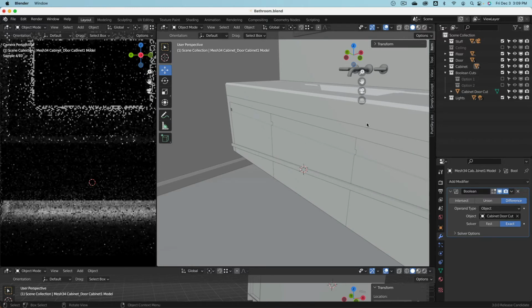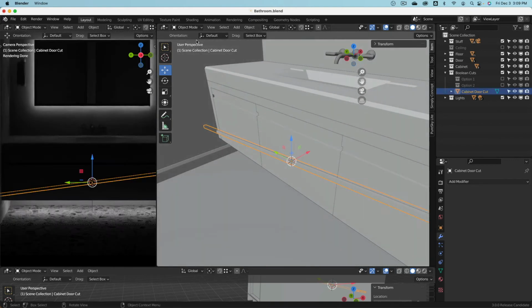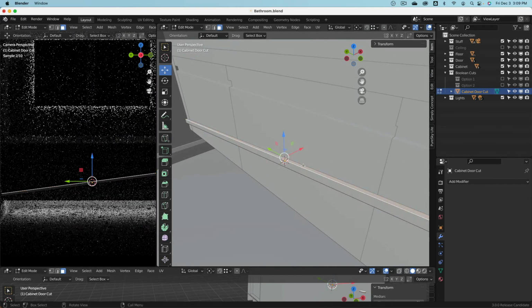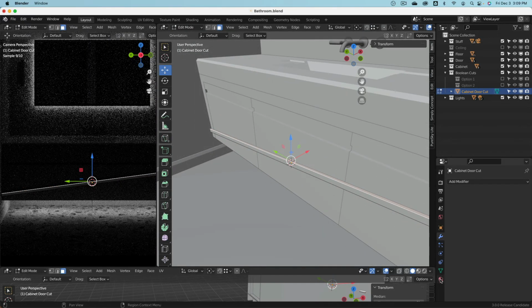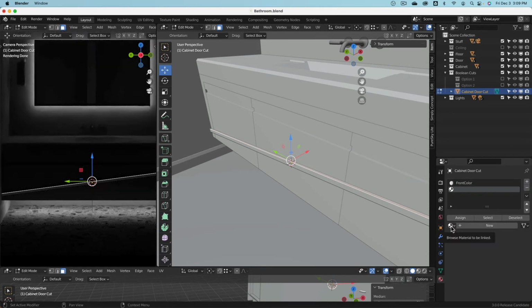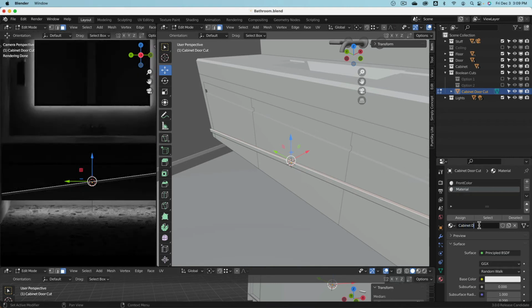Here comes now the fun thing. I will select this one, go into edit mode, select the top face, go to material, plus, and then make a new material, and I call this cabinet door